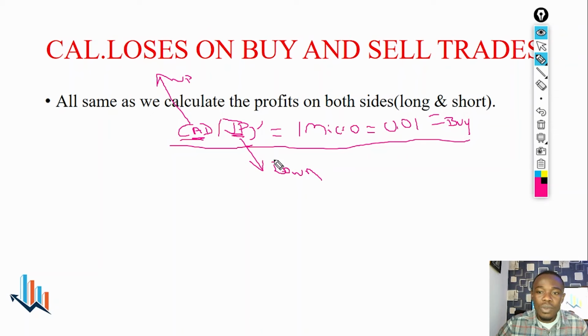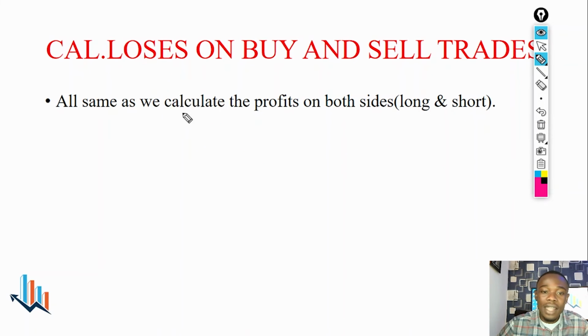So with this, we said we want the CAD to go up, and the CAD did not go up, but it turned the opposite way of our anticipation. We said the CAD was going to go up and the yen was going to go down, but later the CAD went down. It went in the opposite direction and the yen went up. So let's say it went down 40 pips